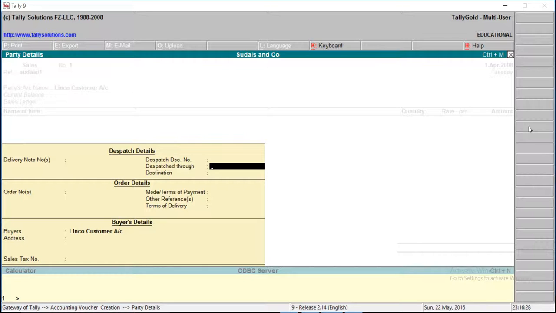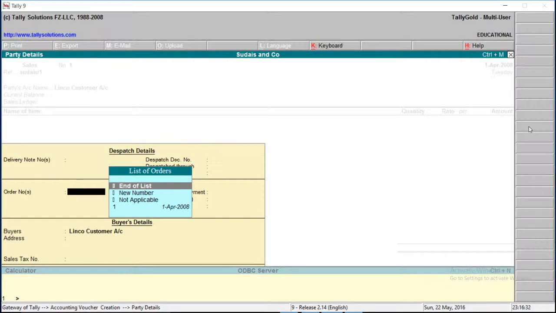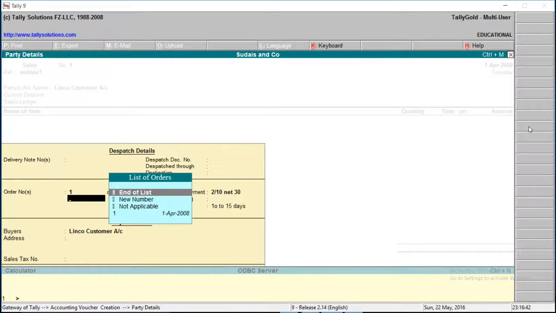Dispatch number, dispatch through, destination. Order number is a must. Without selecting the order number, the transaction will be lost. Select order number, enter.